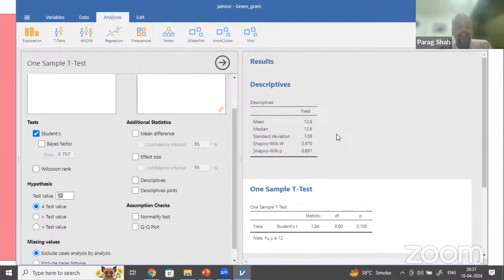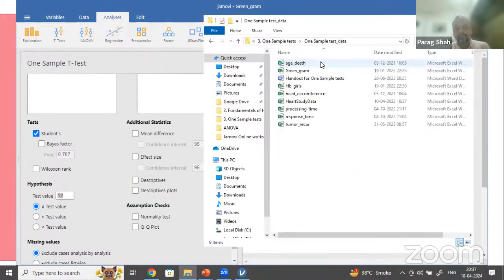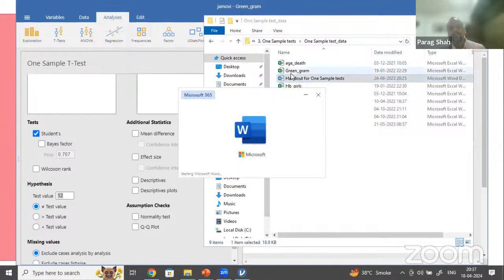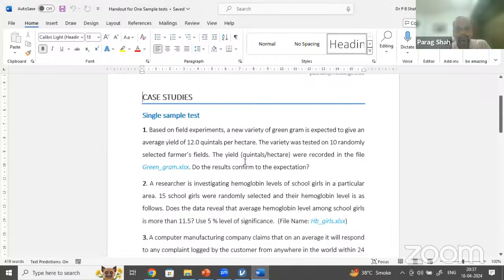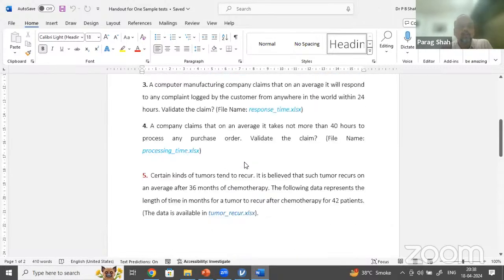So what I've done today, I've sent you the files. If I go to the files, I'll explain that. I've given you the data set. In that data set, you can see there is one handout. Handouts for one sample test. If I click on this handout, it is a Word file. In the Word file, the case studies are given. It is taking time to open. Yeah, it's ready. Practice on this. I've explained one. Practice on this. If the data is not normal,